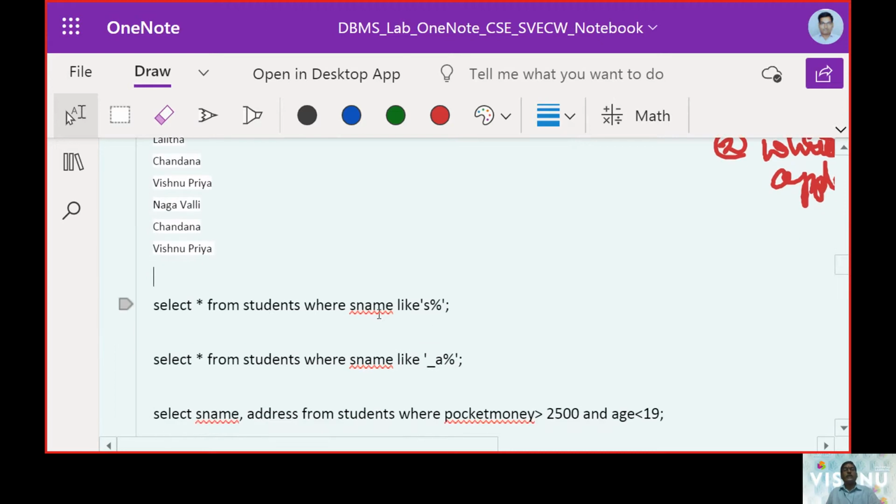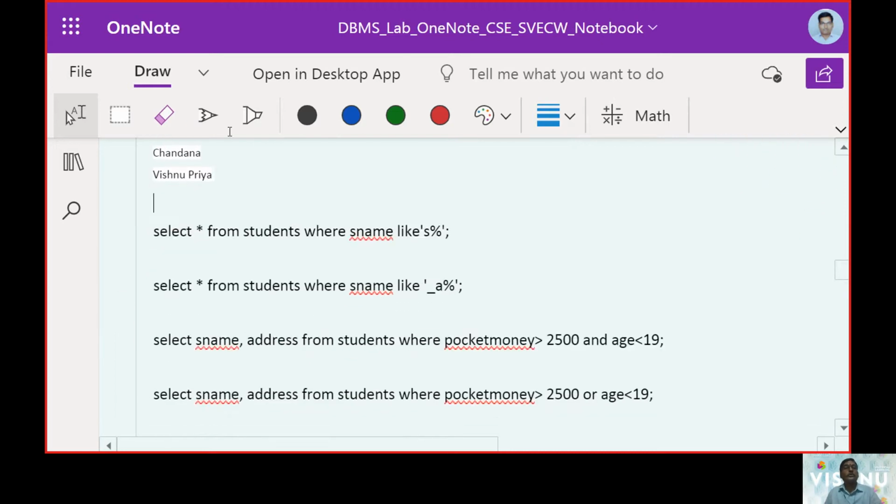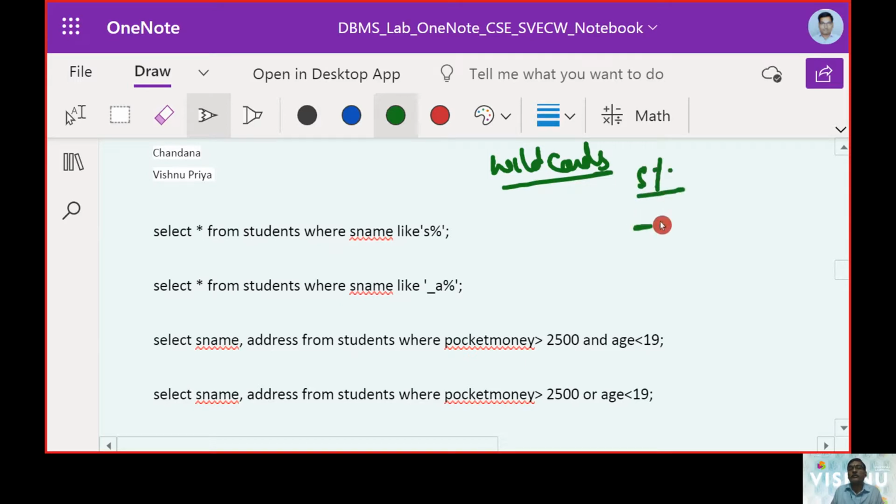Now let us see the values when we work with wildcards. In wildcards, we have the percentage sign, and another is the percentage with a hyphen, the underscore.